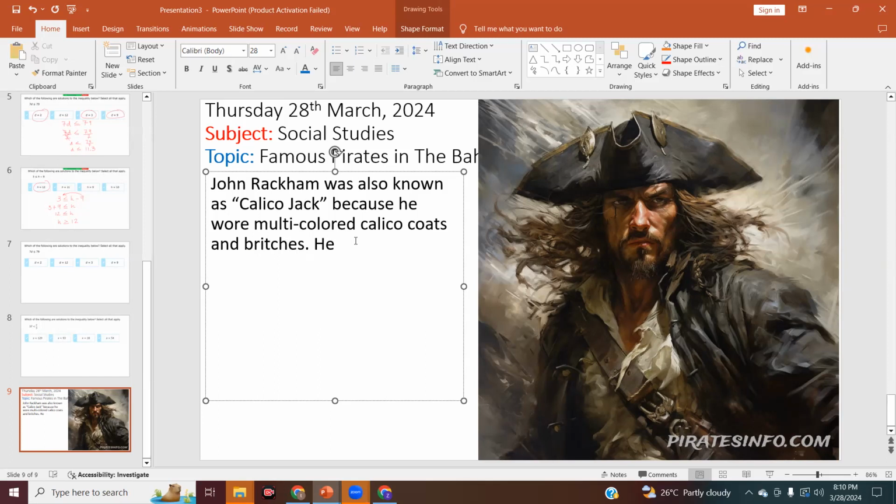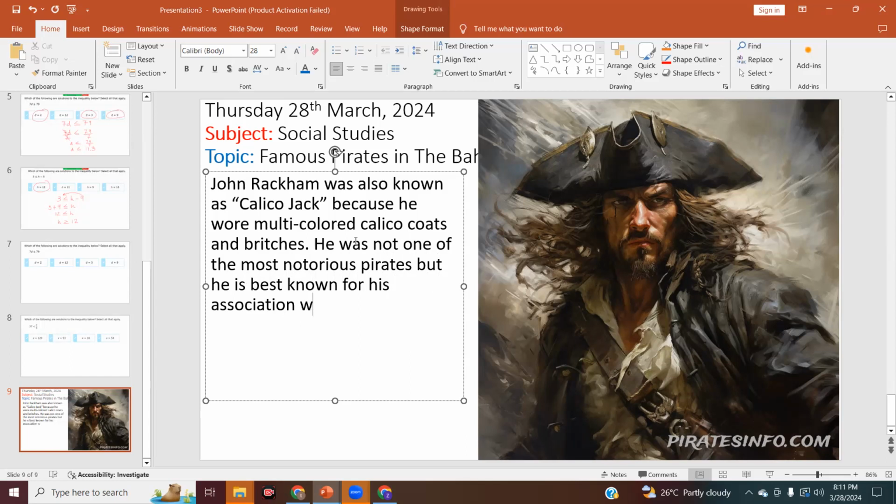So he was not one of the most notorious pirates, but he is best known for his association with two female pirates,